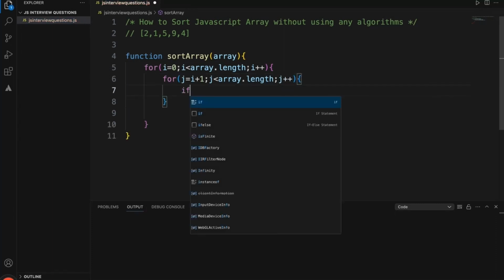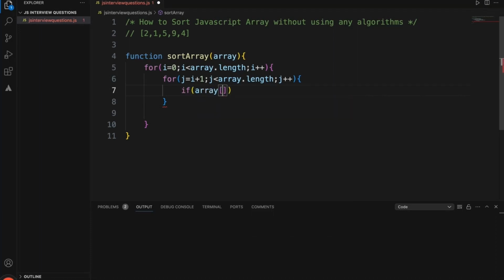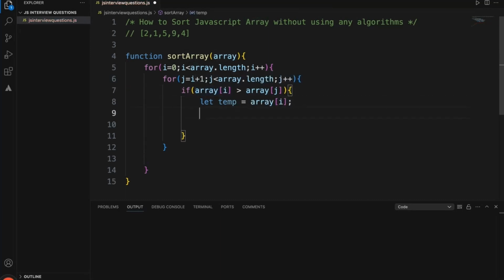So now we'll start with comparing array of i with array of j, which is i+1. That means we are comparing 2 with 1. If 2 is greater than 1, we'll use a temporary variable and we will assign the number 2 here, and we'll replace